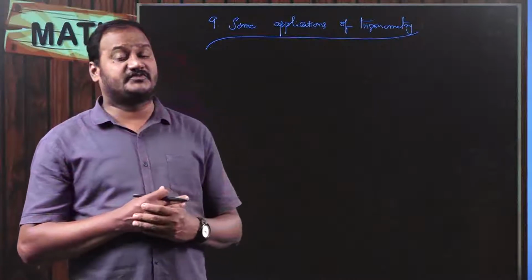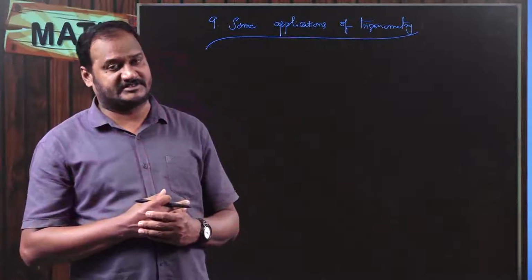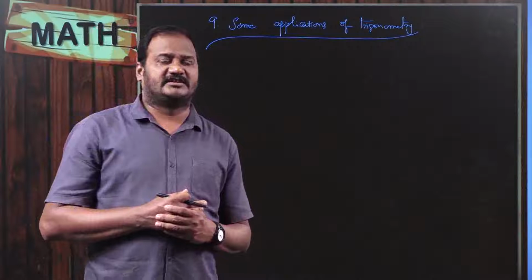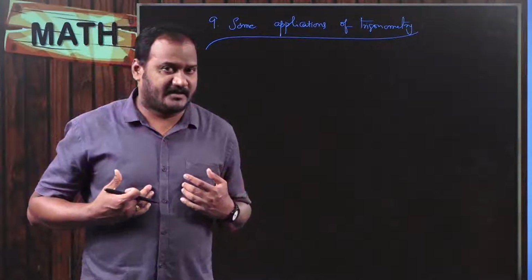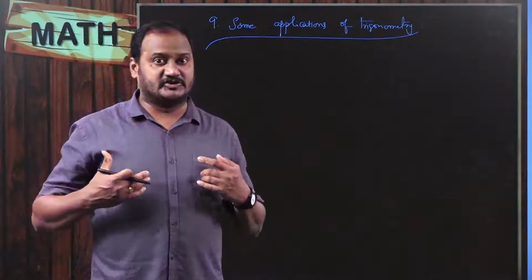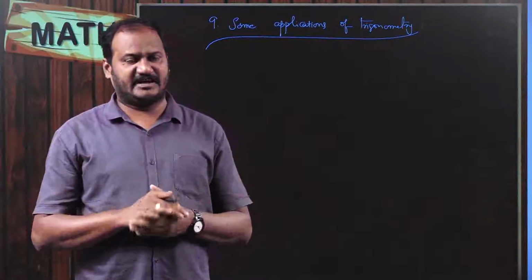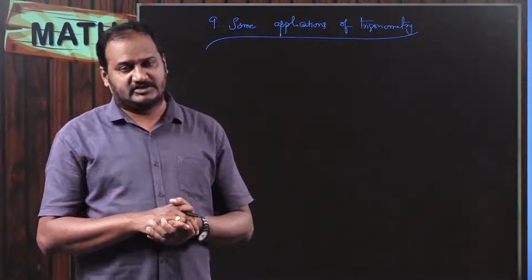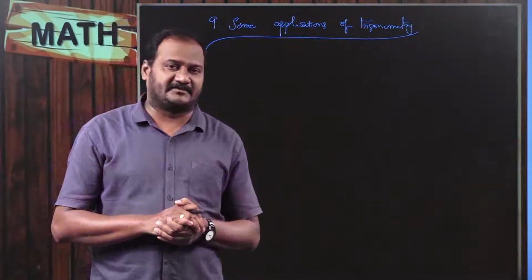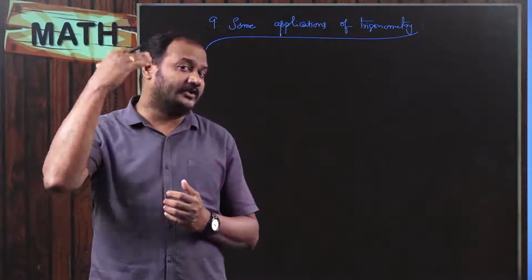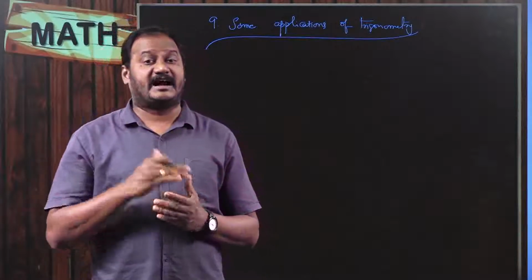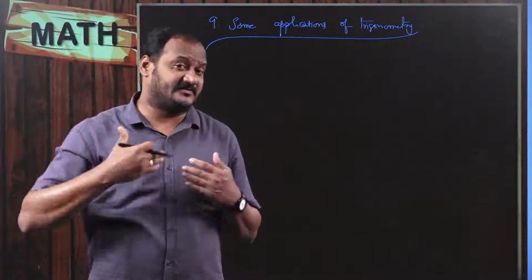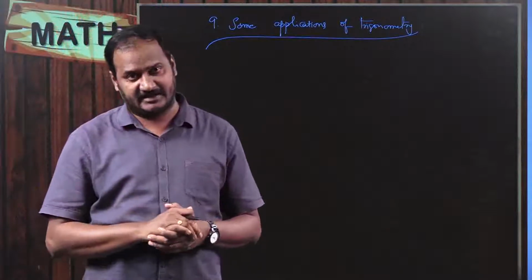So what are those few new things? See, when I am the person, I am called the position of observer. I am going to observe something. So when I am observing something, then definitely I will have to look at that object. That object may be at a higher level than me, or that object may be at a lower level than me.